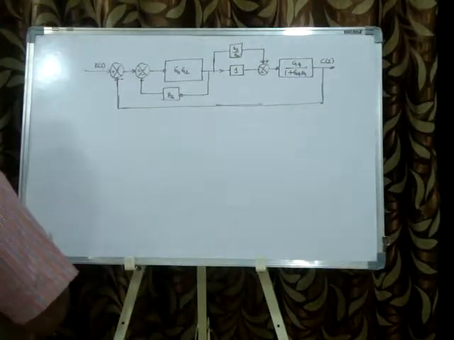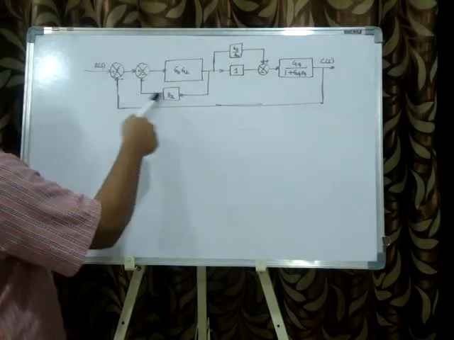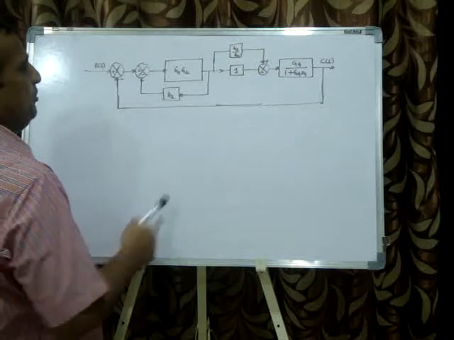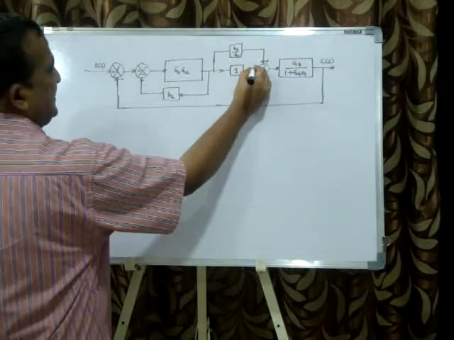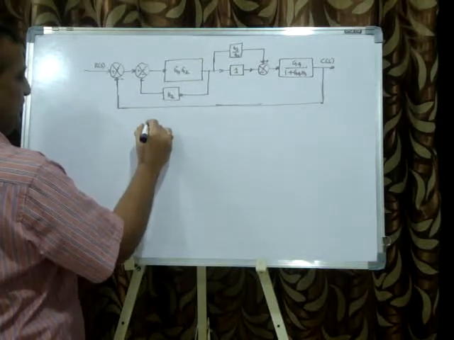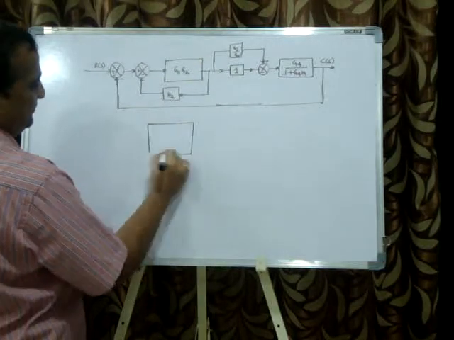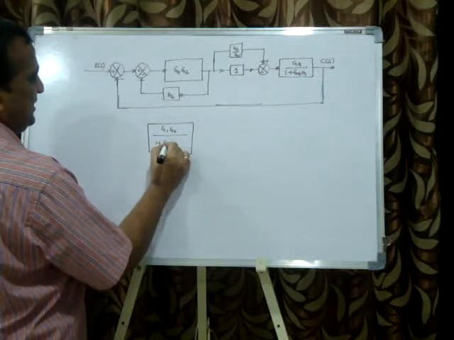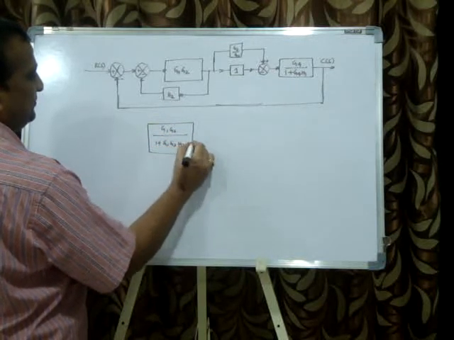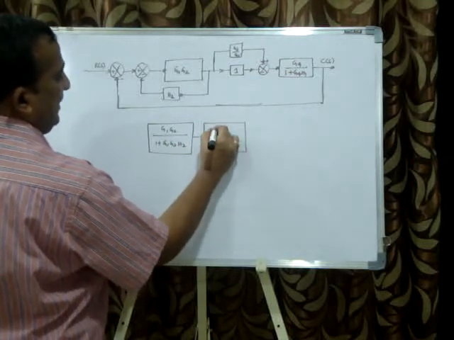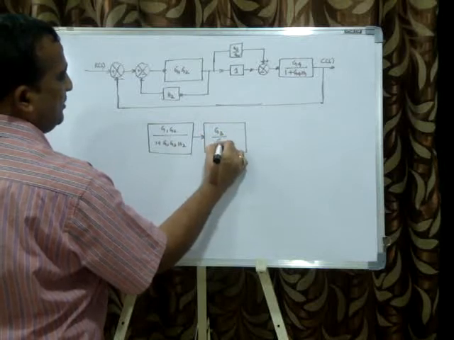Next rule. Now this is also a minor feedback loop, and these two are in series. I'll apply two rules at a time. This is a minor feedback loop, so that gives G1 G2 divided by 1 plus G1 G2 H2, and on this side these two are in parallel, G3 by G2